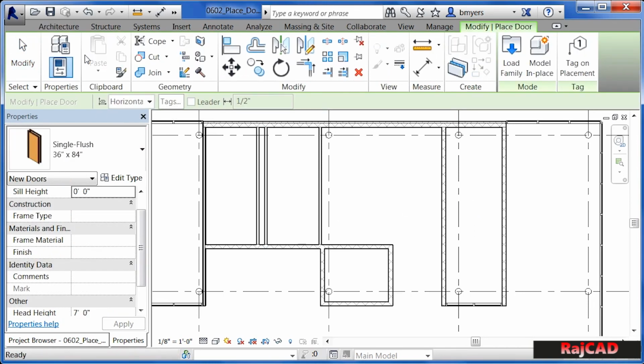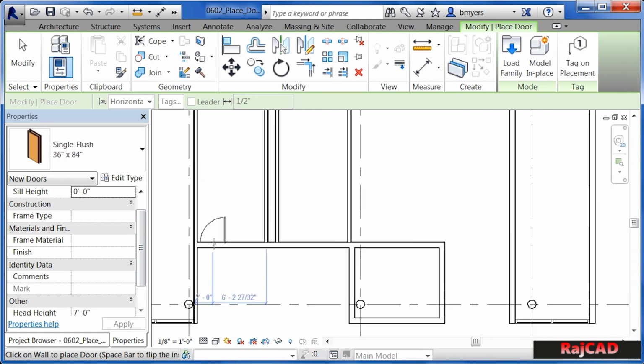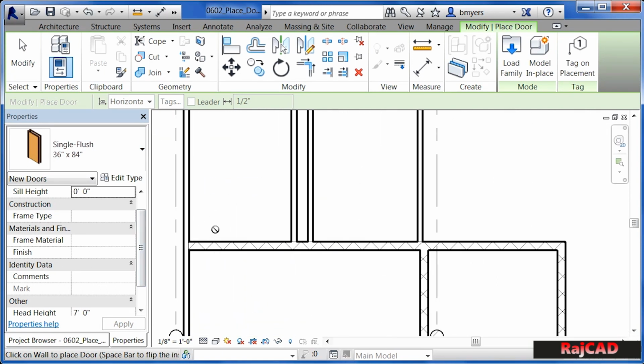Select on the door command one more time. 36 by 84 in this case works just fine for me. If I didn't want to have this kind of door, I could always come up here to load and then load in a different type of door for this condition, but 36 by 84 should work just fine for this area. Move down here,